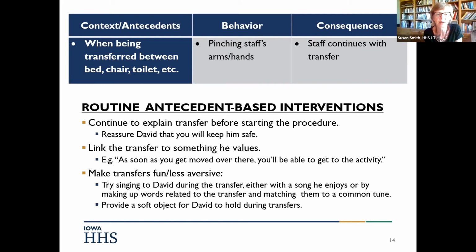during the transfer. That will be kind of a distraction that just might be what we technically call changing the function of the antecedent. So when the antecedent is a transfer, and historically it's been something he doesn't like, it's aversive to him, and we're trying to change things so that the transfer isn't all that bad after all. And I throw that terminology in there because we often hear function of behavior, but we as a field are not talking a whole lot about the function of the antecedent. And that's something we should probably get comfortable with too, because it offers a lot of good strategies that we wouldn't want to overlook.